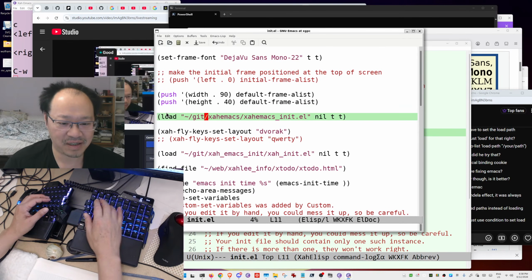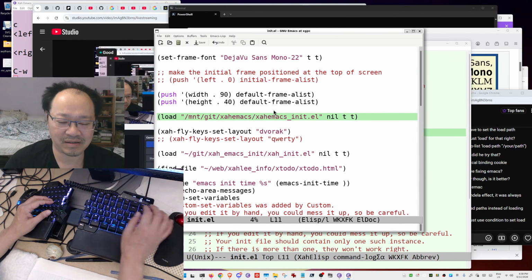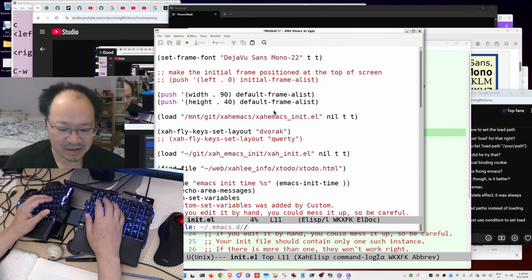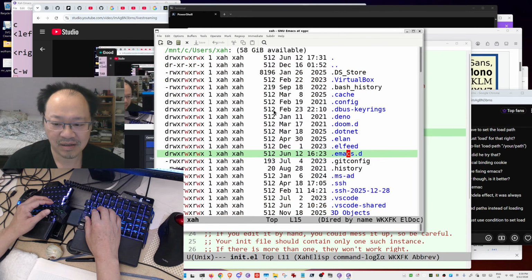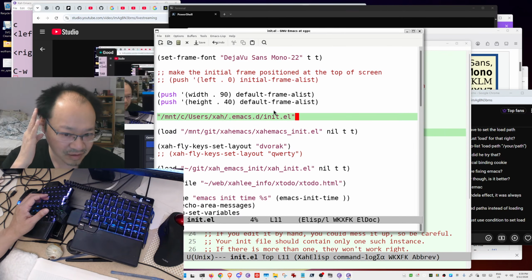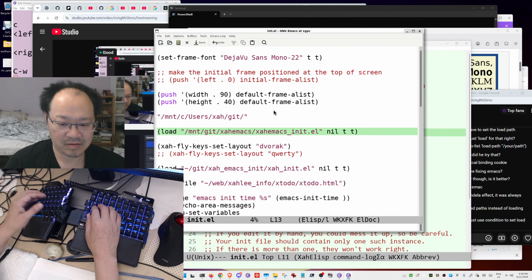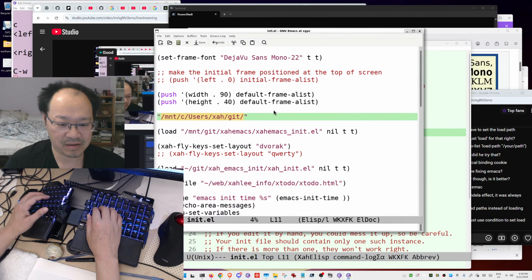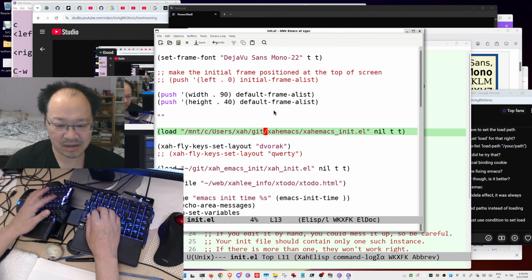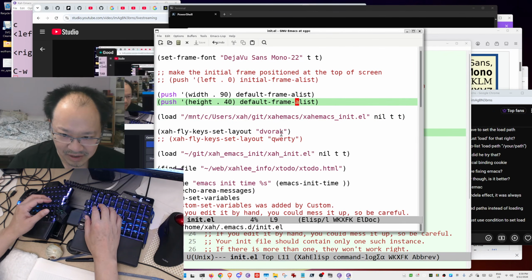But let me just quickly get this to work, okay? So over here, you want for now mnt user. Mnt. So let's try to open it again. Mnt c users. Okay, open that. Copy the file path. Close. Okay, so the file path is something like that. But here is git. Okay, so cut, paste, mnt git. Then Xah Emacs init. Now if we open that, save it. Okay, now if we open that,